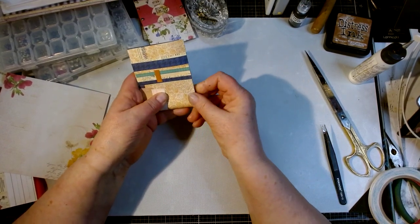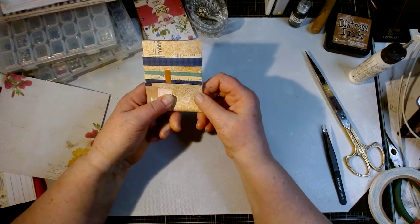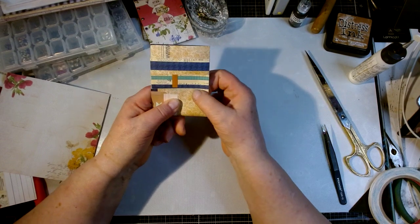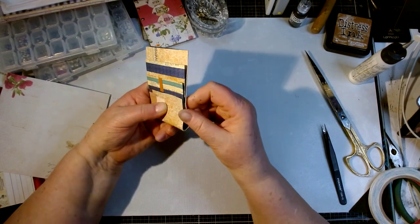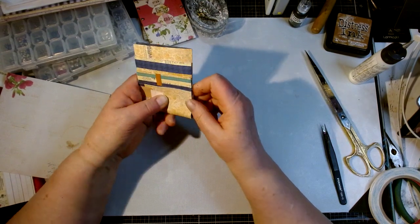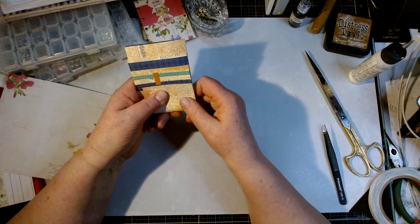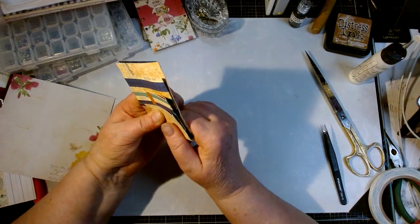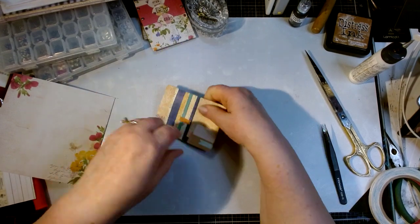Okay, that works really nicely, because there's a big blue on this one, little blue on this one, and green in the middle. And then this neutral color kind of carries all the way through. And it'll be a good one to vintage and maybe decorate, cover some of this. Perfect. So I'm going to go ahead and crease it right there because that's where I'm going to want it